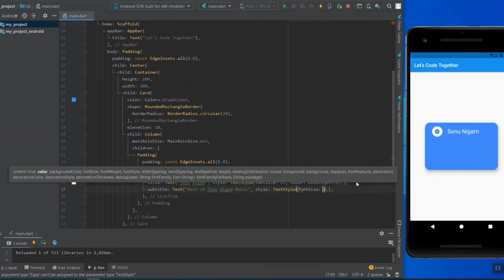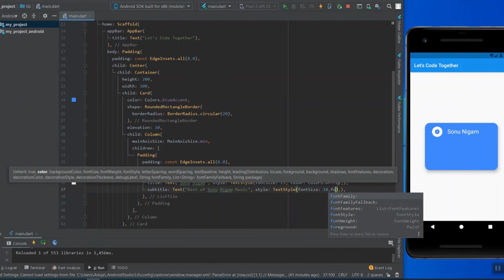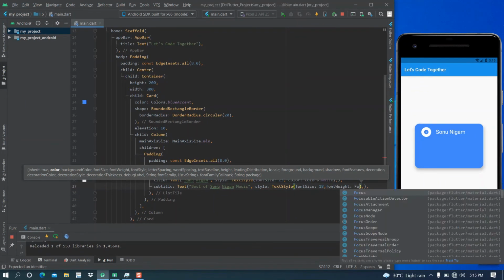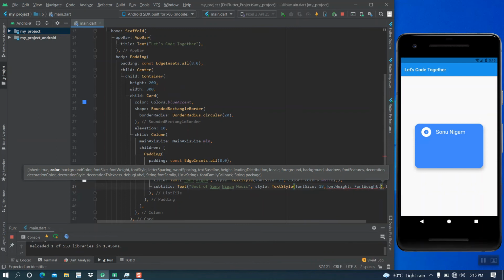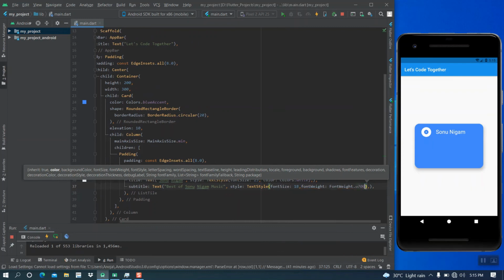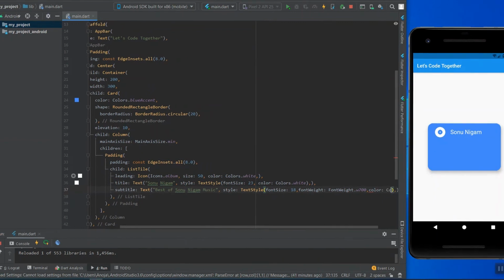Font size 18. I am giving a font weight. And I am changing font color.